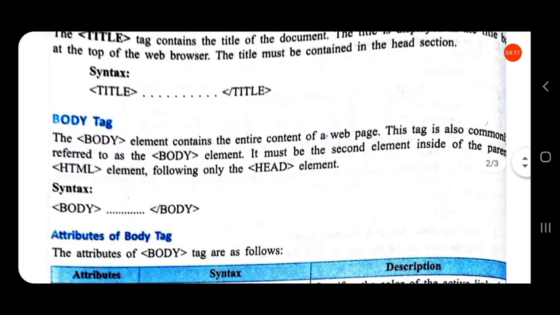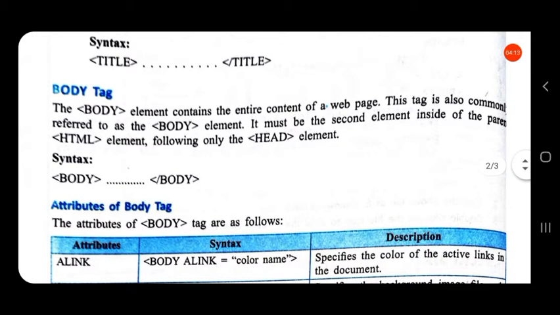The next type of tag is the body tag. The body element contains the entire content of a web page. This tag is also commonly referred to as the body element.